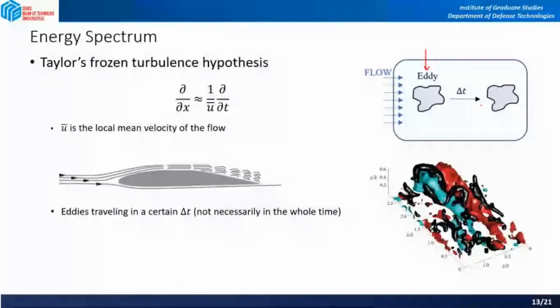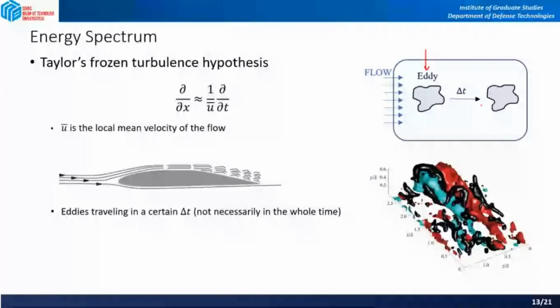Let's say I have a wing like this, and I want to know different boundary layer characteristics on the wing. I want to calculate it, and there is some free stream turbulence. So the incoming flow has some free stream turbulence, meaning that it has some eddies which are traveling towards the wing,